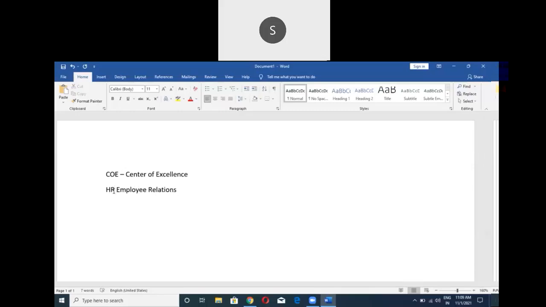So, for example, why is COE being used? When I go ahead and create a case, I have an issue regarding my salary, right? My salary hasn't got credited in my account. So what I need to do is select my COE as HR payroll. There are various kinds of issues that anyone can have in the company. So one employee has an issue with the payroll, they will go ahead and select the COE as payroll. Now, under payroll,